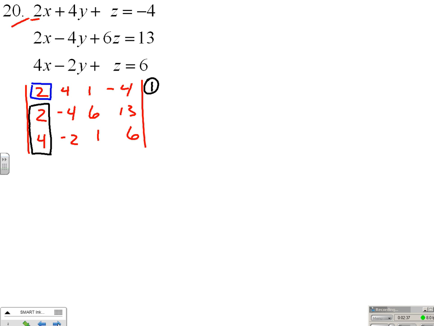I'm going to multiply row 1 by -1, because I need a -2 to eliminate a 2, and I add it into the second row. So as I move on to my next matrix, the hitman row does not change,